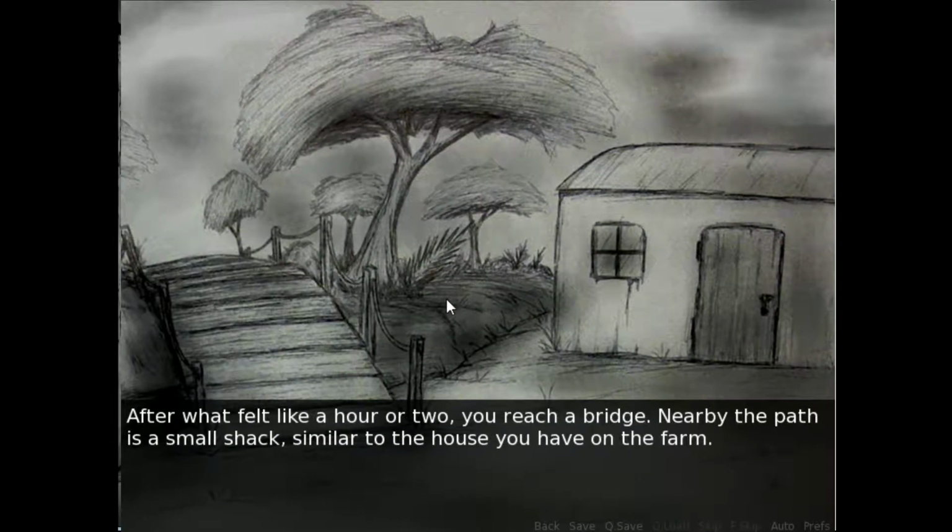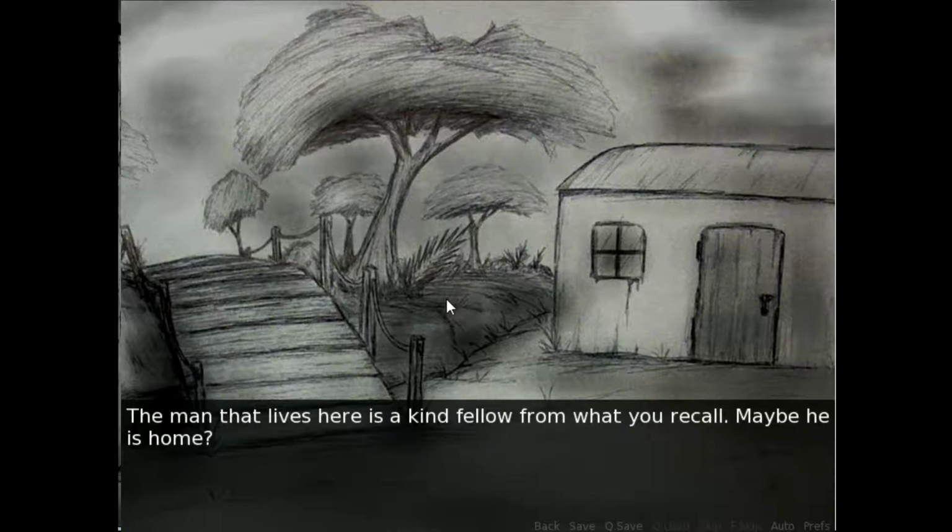Maybe it's my key. You reach a bridge. Nearby the path is a small shack, similar to the house you have on the farm. The man that lives there is a kind fellow from what you can...